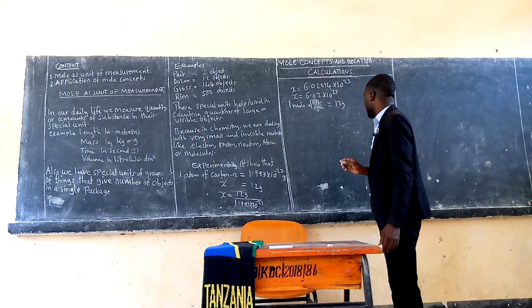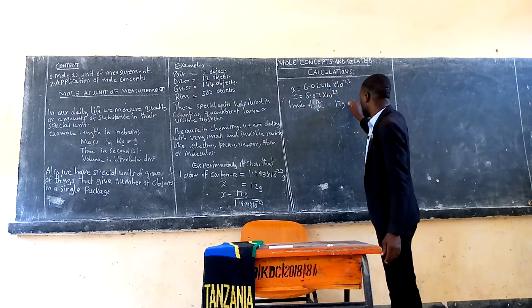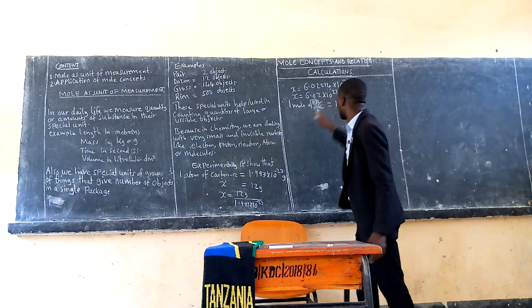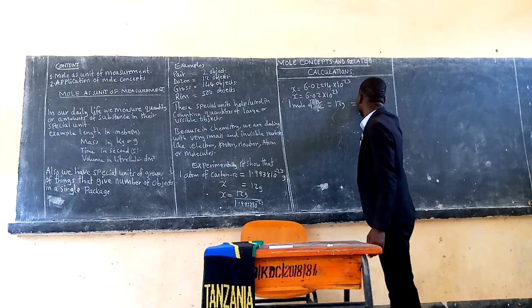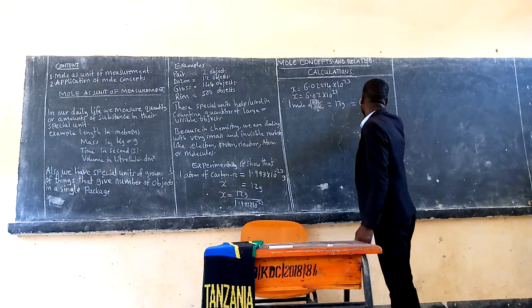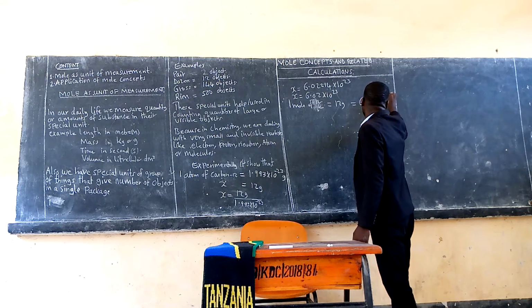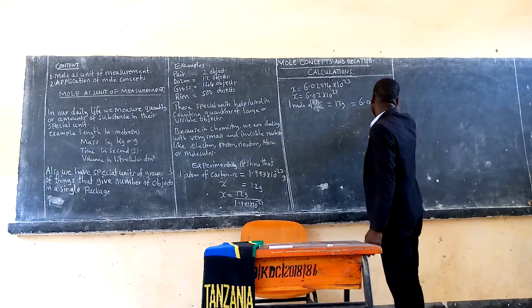Now, if these 12 grams equal 6.02 times 10 raised to the exponent 23 atoms,